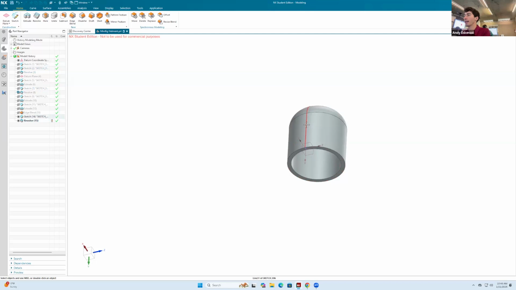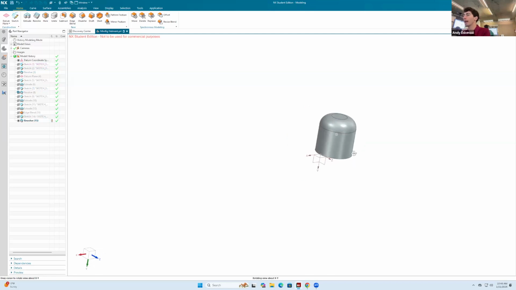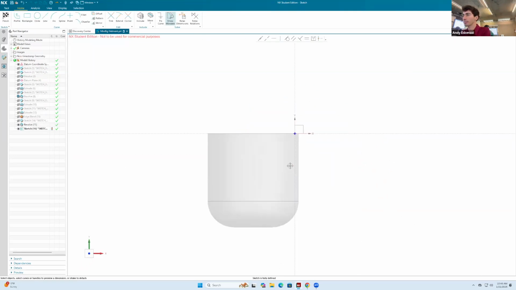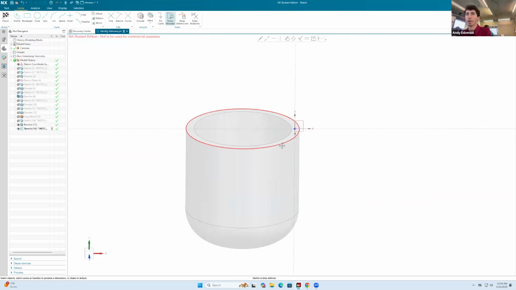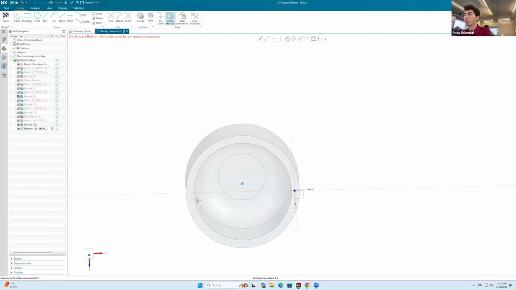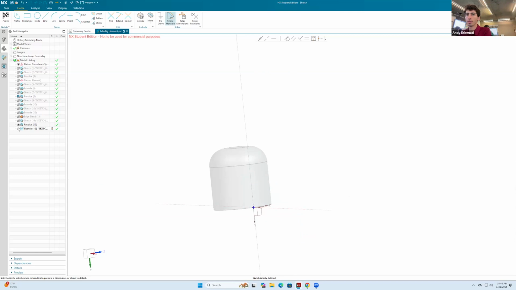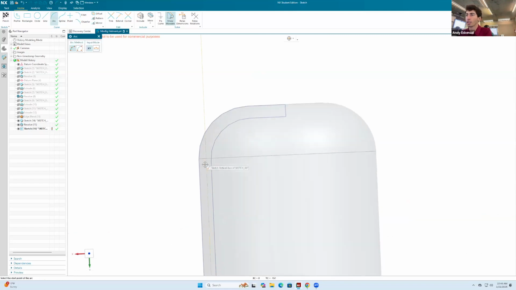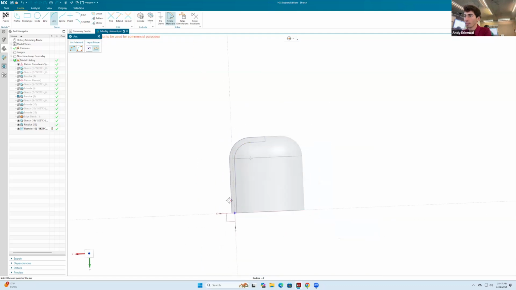And I'm gonna hide that, and all that remains to be done is doing another sketch. Yes, it could be in the top plane. It doesn't matter. And perhaps it could be useful to, oh, I cannot see it. Yes, I want to show that in there. That way I have it as a reference. So I'm going to do a little arch that goes, maybe